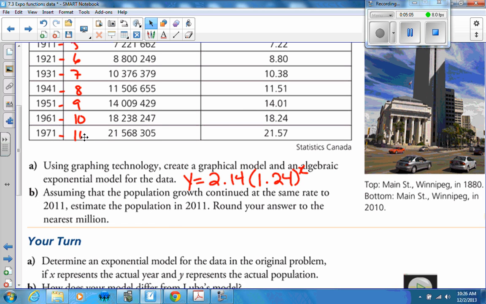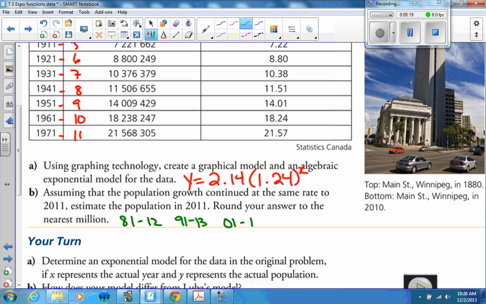So 1971, we're at 11. So 1981 would be 12, right? So 81 would be 12. 91 would be 13. 2001 would be 14. And 11 would be 15. Okay? So if you go into your